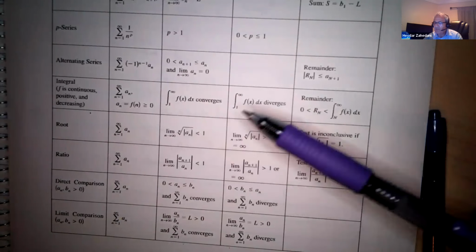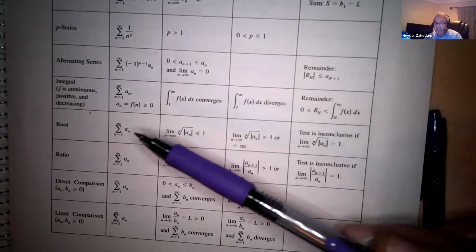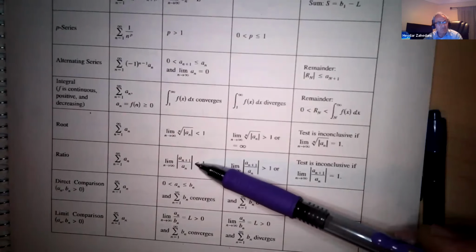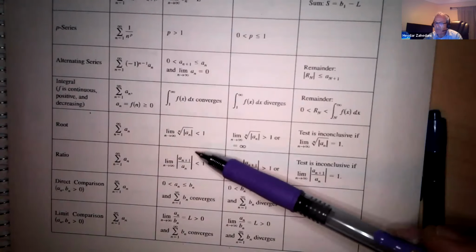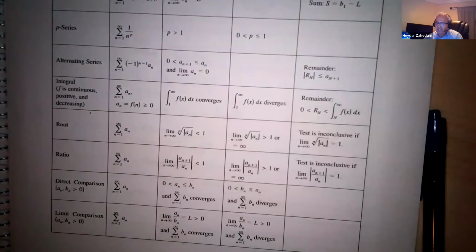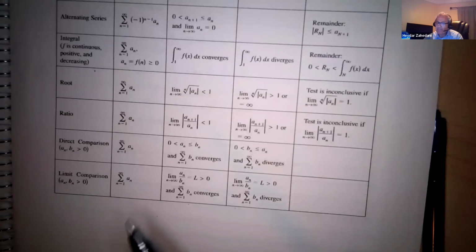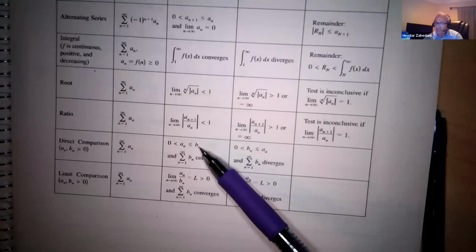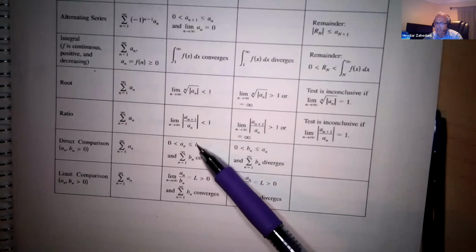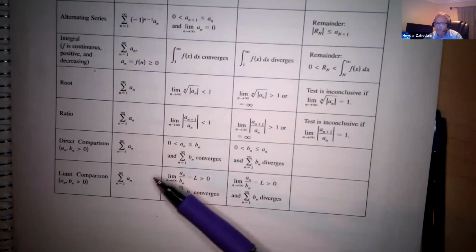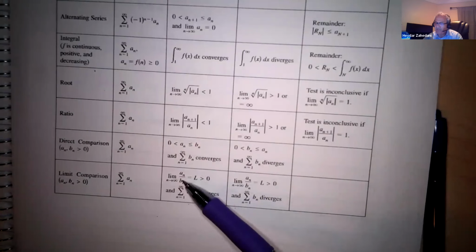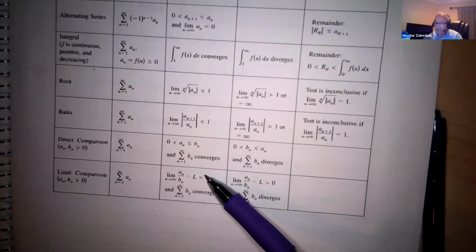Okay, the limit less than 1 converges, bigger than 1 diverges. This is the ratio test. Again, I use it for positive series, so I don't need the absolute value. We talk about the absolute value later on. So that gives us convergence. And that's the direct comparison test. Remember, a_n less than b_n. If the sum of b_n converges, this is convergent. If a_n diverges, the sum of b_n would be divergent. But the best thing to do is the limit comparison test: the limit of a_n over b_n, if this is a non-zero number,